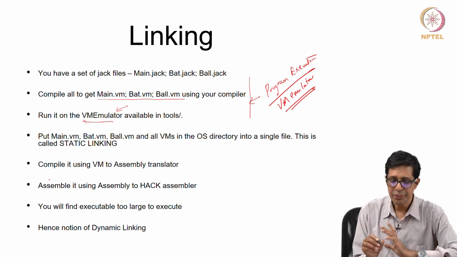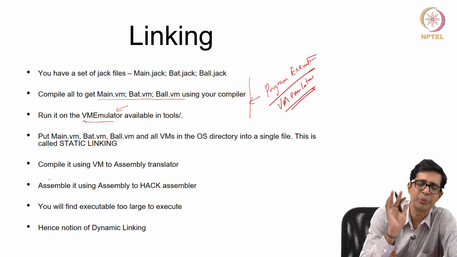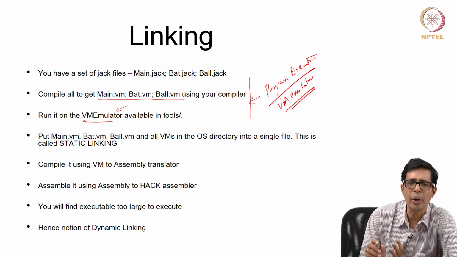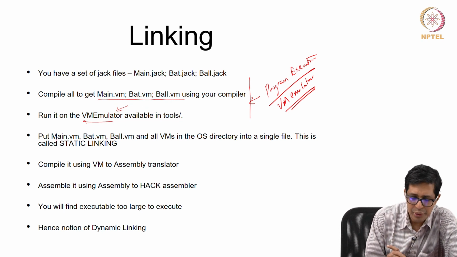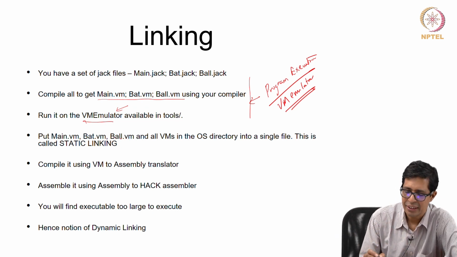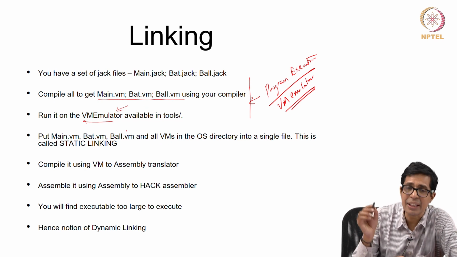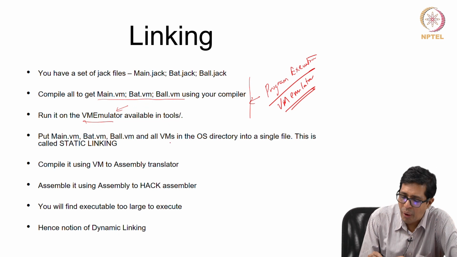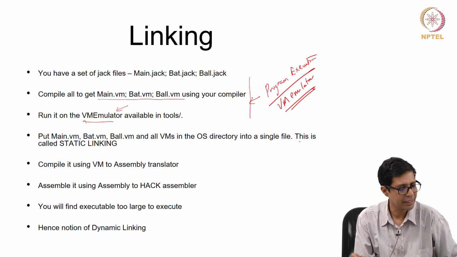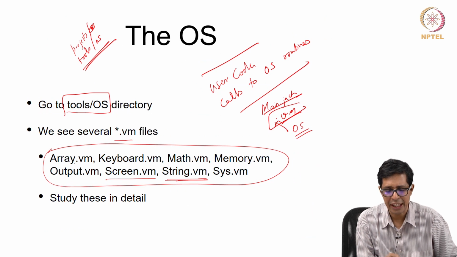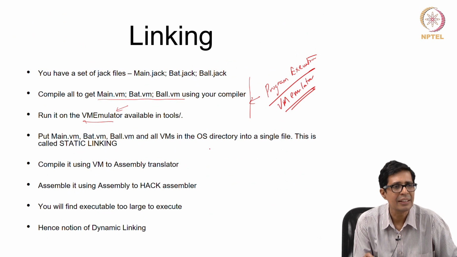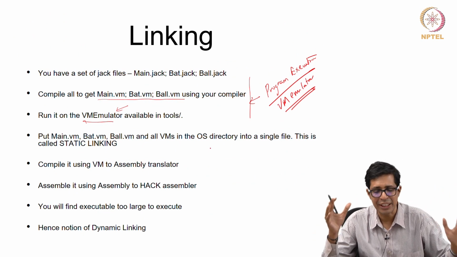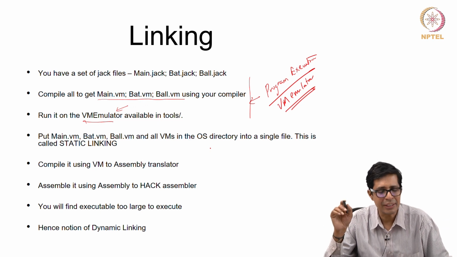once that is done, this is over. Now your program is working correctly. Now finally we have to execute it on the hardware simulator. So what you do is you put main.vm, bat.vm, ball.vm, everything together as a single file. And also, since they are all using all the VMs in the OS directory, take all of them into a single file, right. For example, you will have array.vm, keyboard.vm, math.vm, memory.vm, all these things you put into a single file, and then you create one massive executable file,